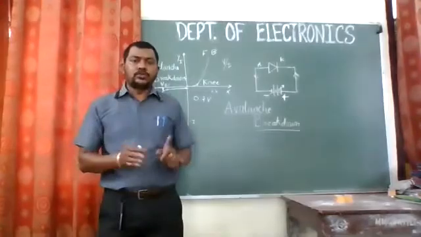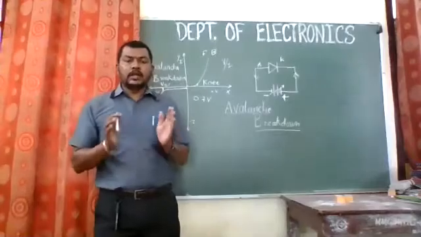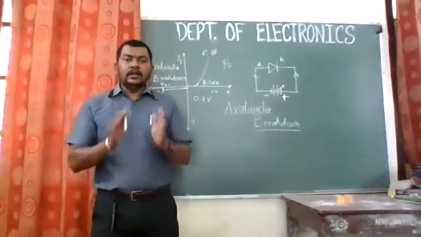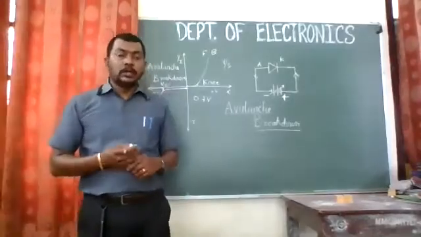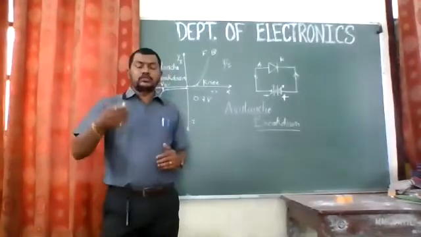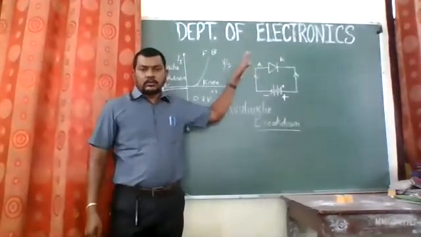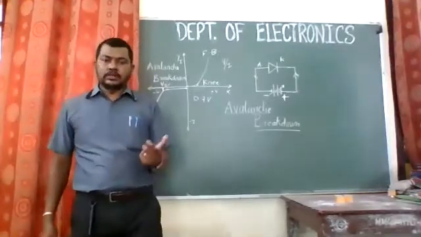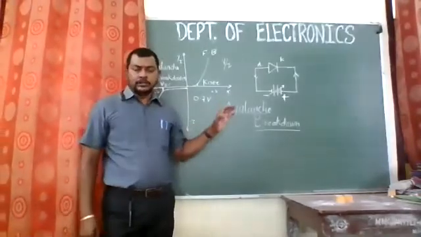I guess you have understood these 2 points. The first one is the avalanche breakdown. In avalanche breakdown, whenever we connect a PN junction diode in reverse bias condition, there is a breakdown at a very high voltage, around the peak inverse voltage, without damaging the diode, right? After that, if you still increase the reverse voltage, what happens? The diode will be damaged or it will burn out, right? So we can't use the diode in reverse bias condition. It does not operate in reverse bias condition. So we are going to operate this diode only in forward bias condition.